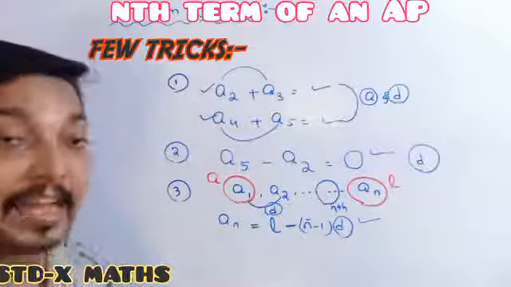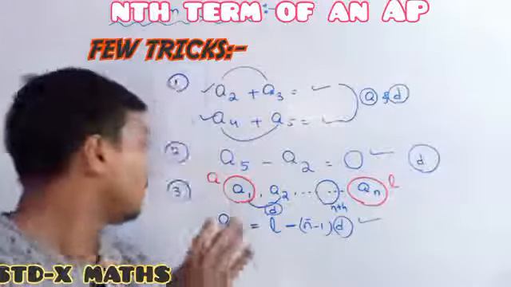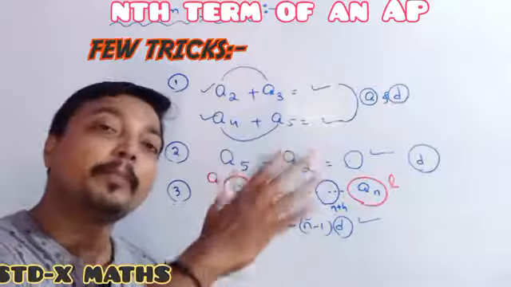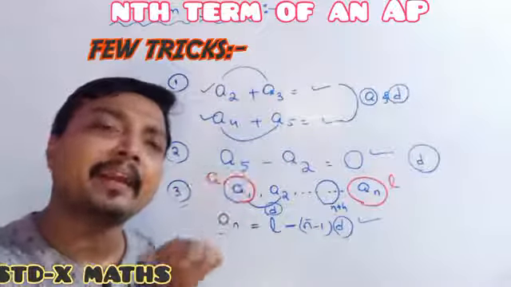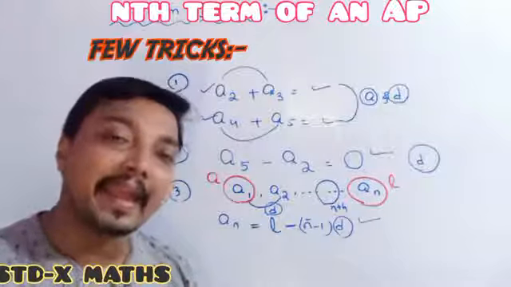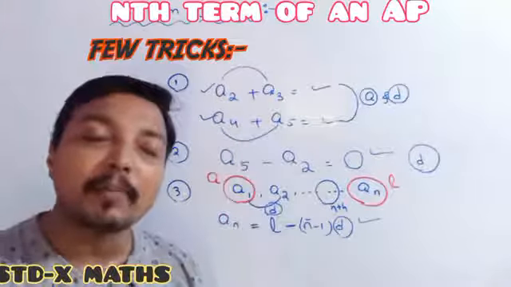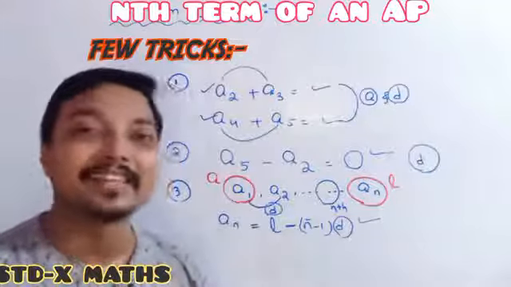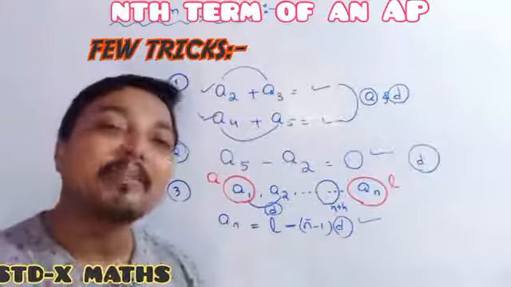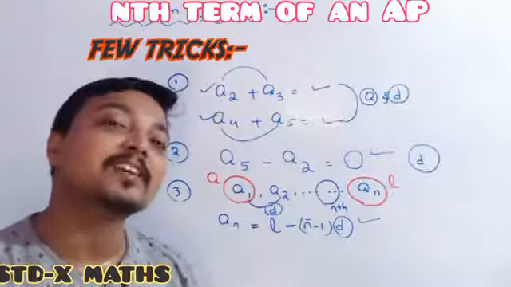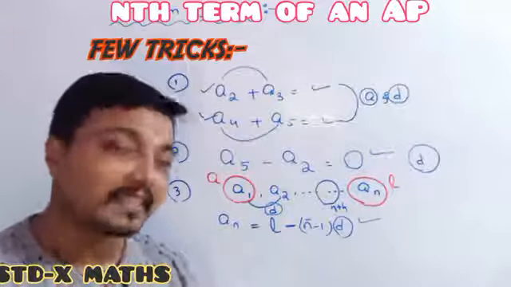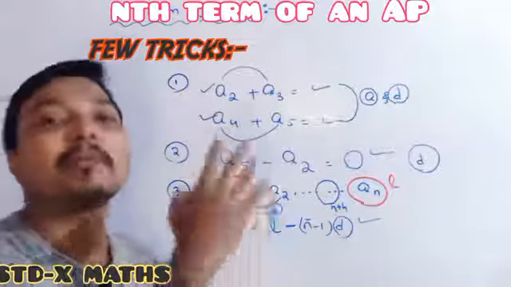I am assuring you, by remembering all these three formulas along with the previous one, whenever a, n and d are given, how to find AN, along with our previous trick, you can do all the questions easily. Understood or not understood? In my next class, we will discuss how to solve different types of questions by using these three along with our previous formula.